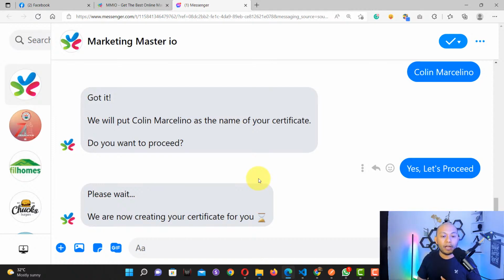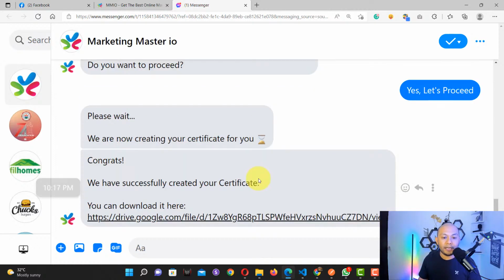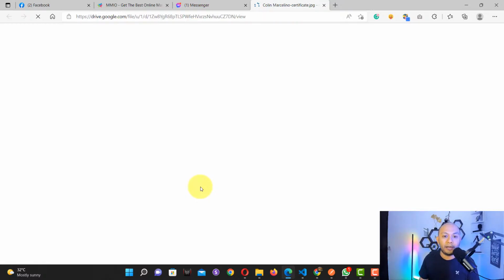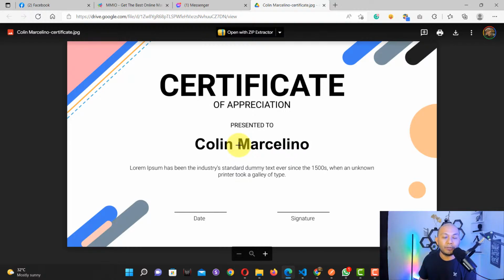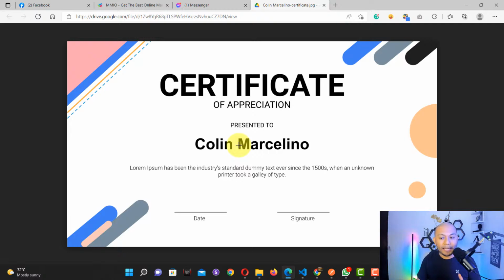So now it is the job of MMIO Connect to generate the certificate for us. And after that, we will receive the certificate. So this is the certificate. Congrats, you have successfully created your certificate. And if I click on the download URL here, we would be able to see the certificate generated for us. Okay, very good. So the certificate template is from Google Slides. You can basically create your template using PowerPoint and then upload the PowerPoint presentation on Google Slides. And then we are going to create a replaceable text so that the text gets replaced with the actual name